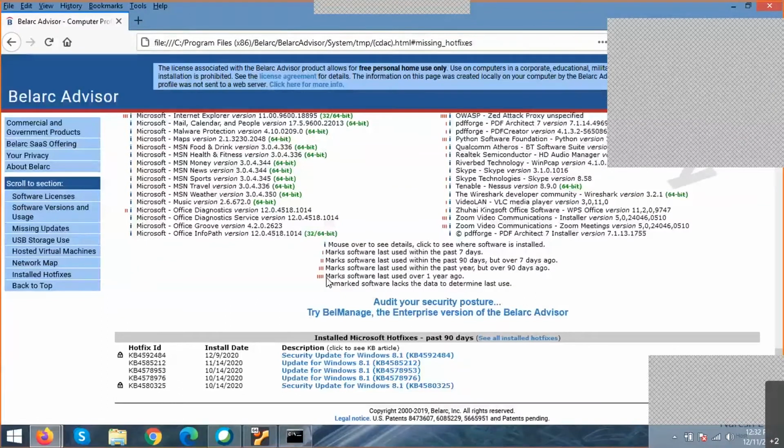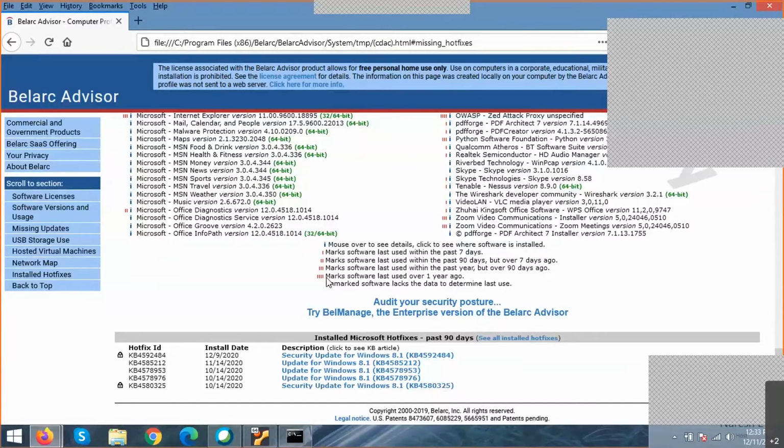Frequently used means I, and in a blue color it will be installed, each and every one. So if it is a red color single I, that is 1, then it tells you that you have been using that software in the past 7 days. By seeing such things, you can get an idea whether the software is really needed for your PC, for your server, or for your desktops.